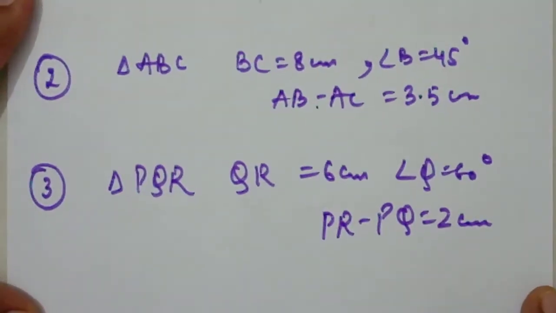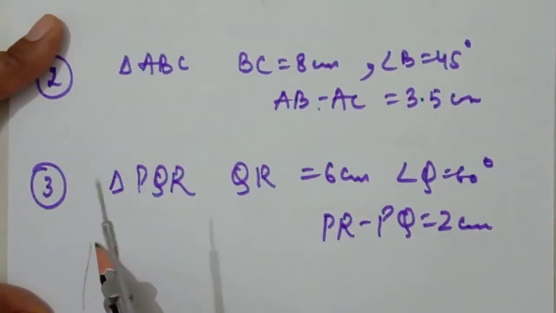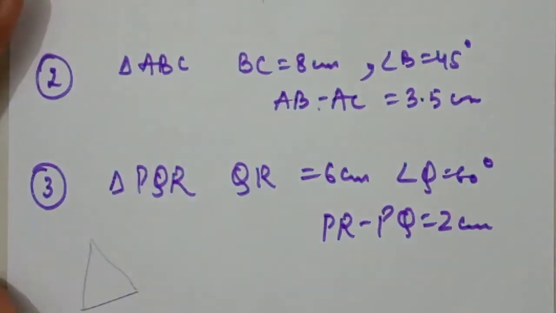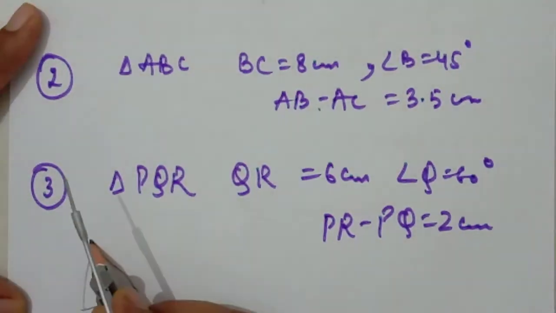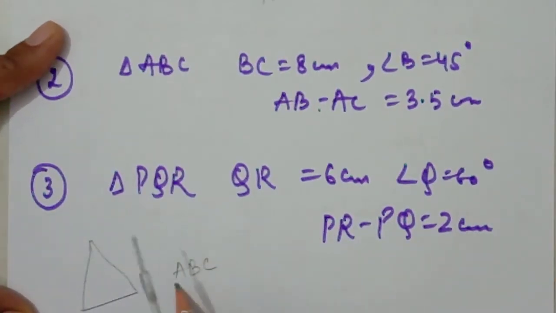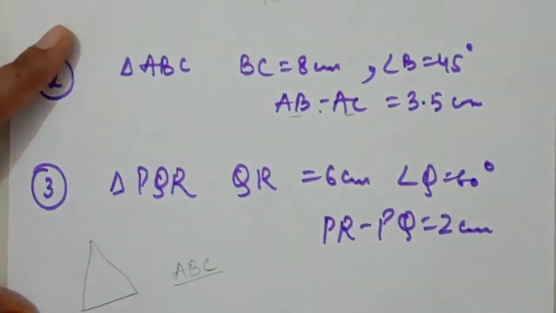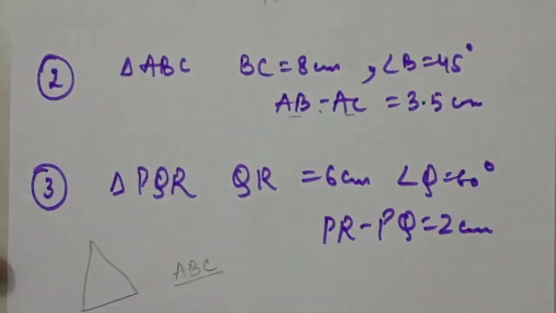Yes students, it is very clear to you that if we have a given triangle and one side is greater than the other side, then the subtraction is possible, because subtraction is always from the bigger to the smaller. So there is a shortcut about ABC, because if it is given AB minus AC, it means AB should be greater than AC.